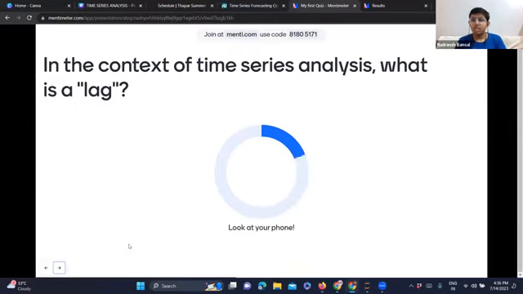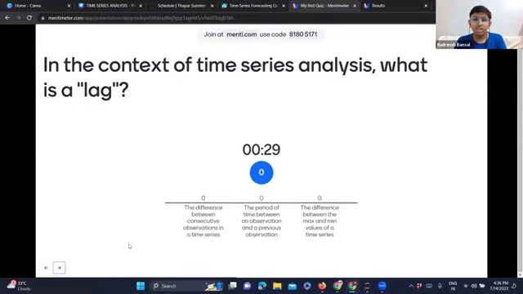In the context of time series analysis, what is a lag? The lag is the fundamental difference between linear regression and time series.